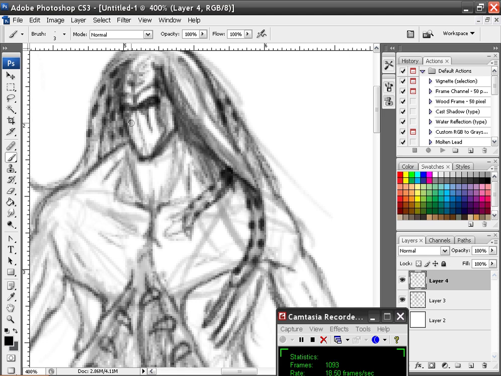So I'm just trying to think. Instead of a mouth, maybe he has, I don't know, that kind of looks cool though. I don't know what to give him for a mouth yet, so I think I'll just leave the mouth alone. Just adding a little bit of shadow here and there. For now, maybe I can give him like